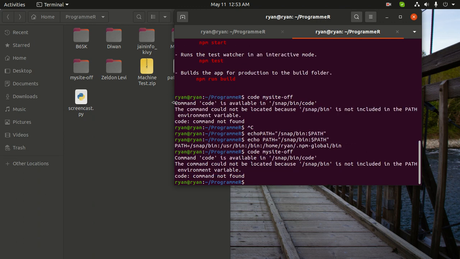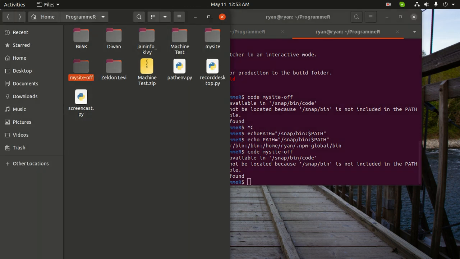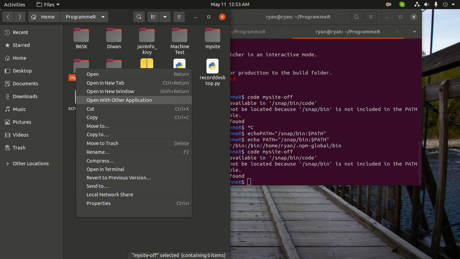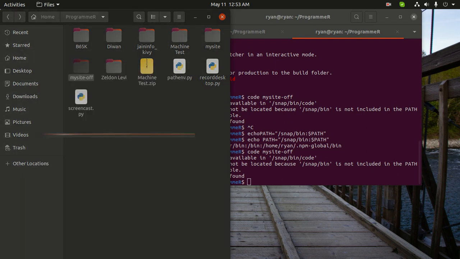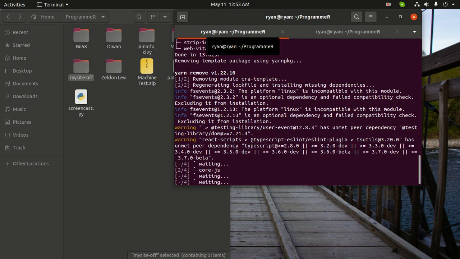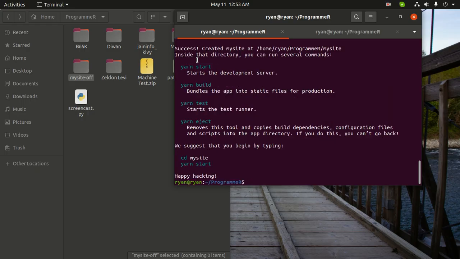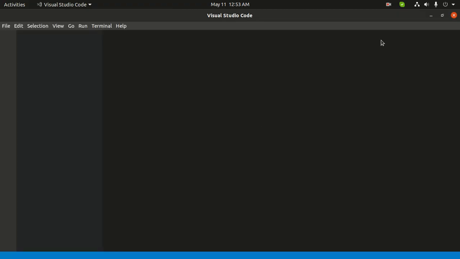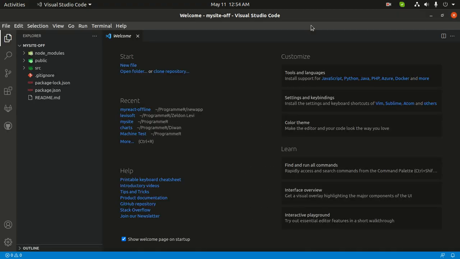I guess Visual Studio Code is giving me a hard time. I can just right click and open it like this. Oh, I guess things got installed. Okay, so we don't need this offline version. You can simply start with that as well, but